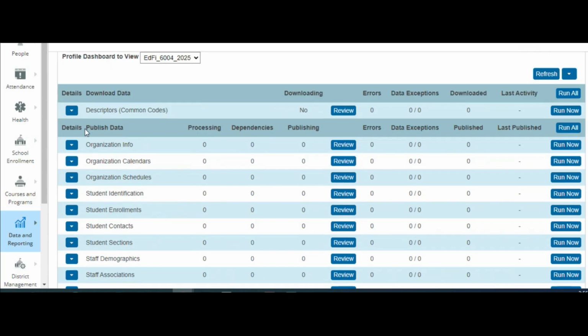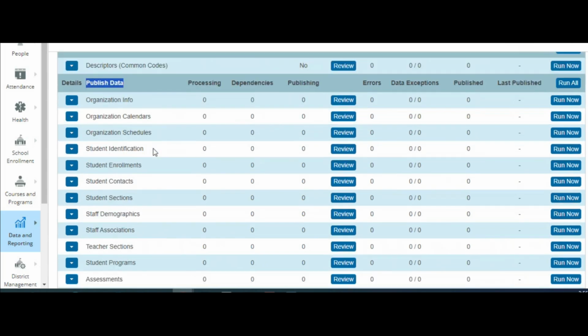You're going to see a bunch of categories in this published data column. These more or less refer to EdFi resources or clusters of EdFi resources that PowerSchool has grouped here for you. And you're going to publish these one at a time straight through. And for your initial data push or data publishing, it might take a little bit more time to get data all the way through for these first three categories. But once you've done that, I think you'll find that it's a lot easier moving forward. And once you have a full data push for everything below that, it gets even easier from there to maintain it week over week, because you can start doing publish changes instead of publish all. And we'll talk about what that means.